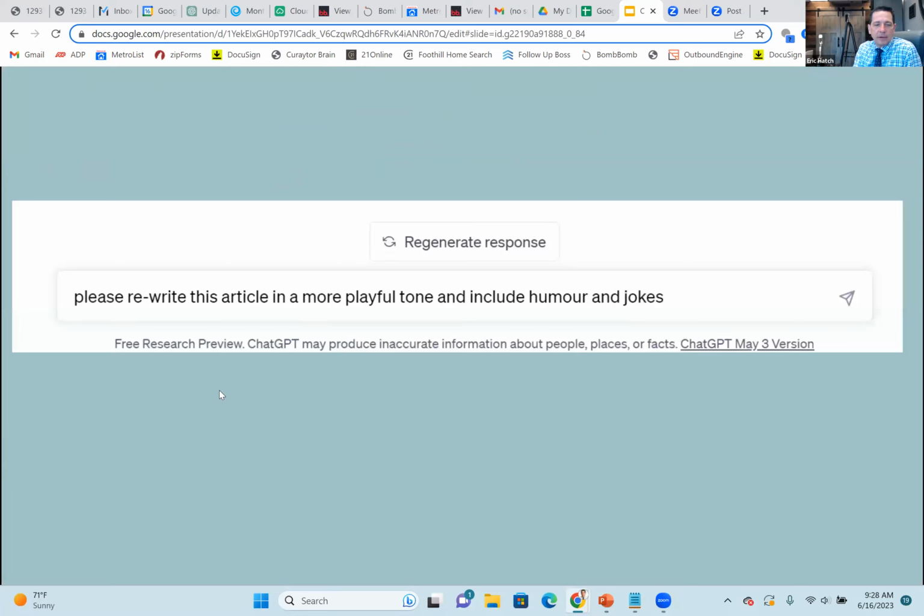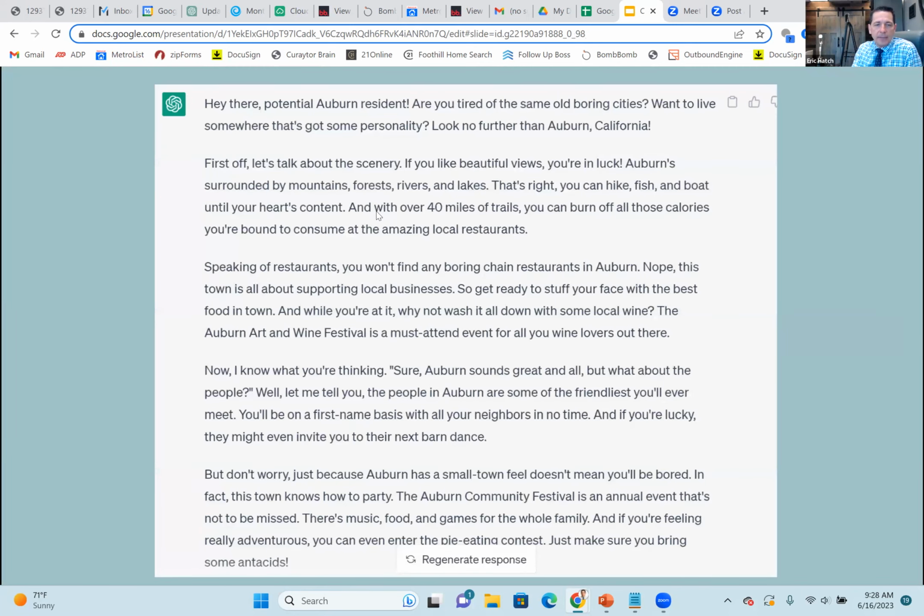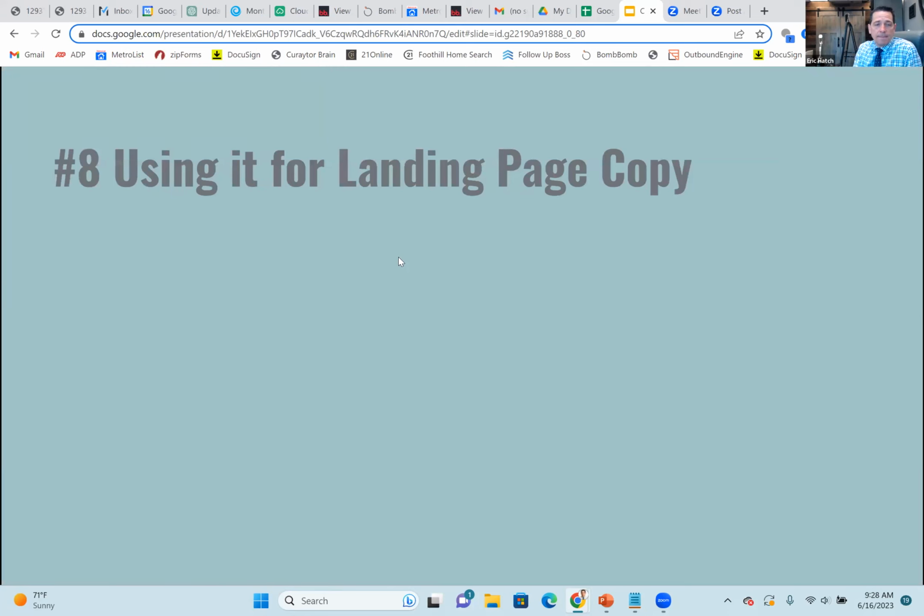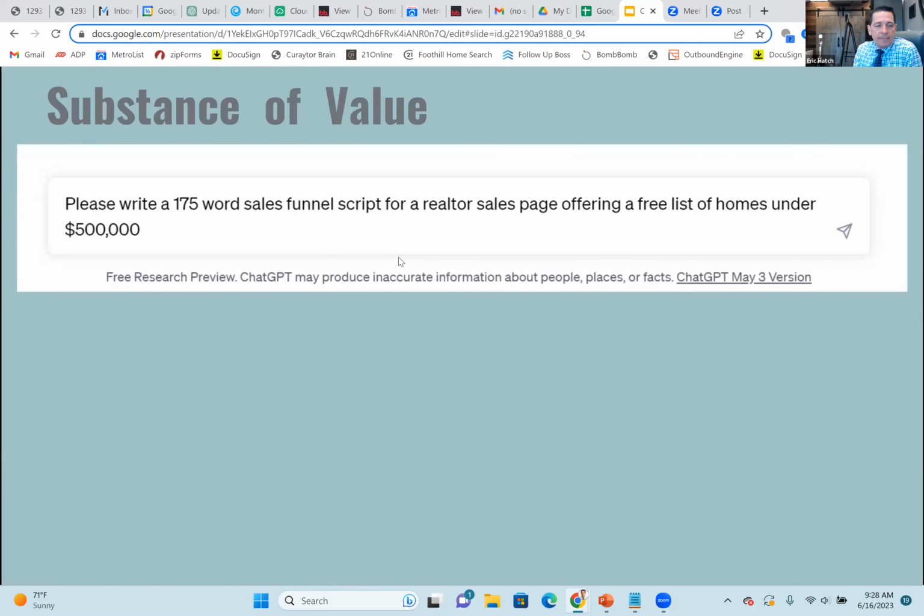So please rewrite this article in a more playful tone, including humor and jokes. So if you guys wanted to actually find an article that you found, copy the article, put it in here, and then it basically just drops out and gives you your own content from somebody else's article, which I thought was good. Using it for landing page copy, please write a 175 word sales funnel script